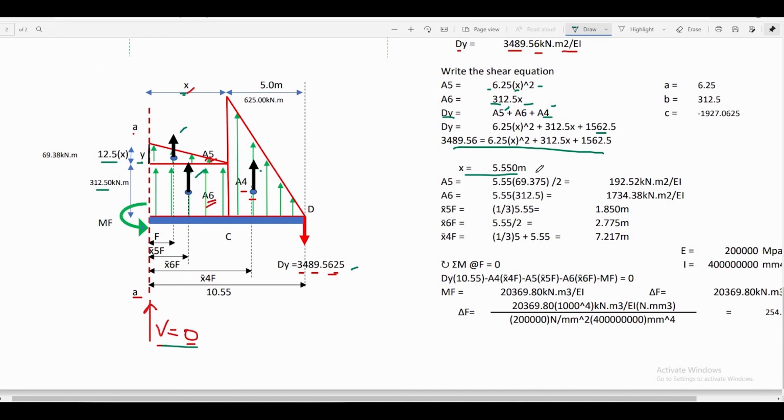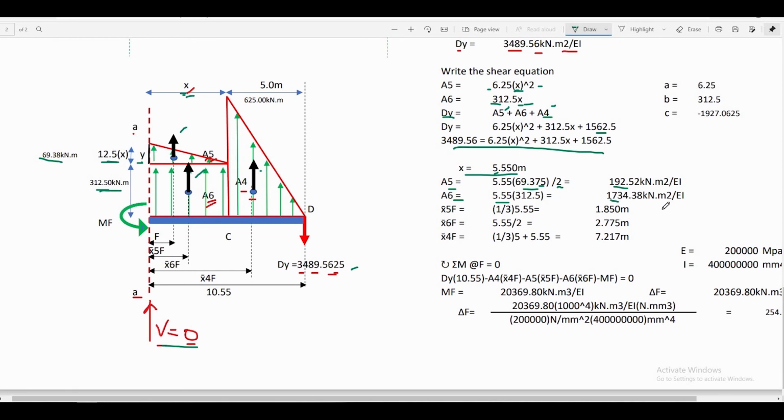So after solving for that value of x, we can now replace the value of x into area 5 and area 6 to solve for the numerical value of area 5 and area 6. And that is just equal now to height, which is equal to 69.375, since 12.5 multiplied by 5.5 is equal to 69.375. If we divide by 2, because that is a triangular area, it will be equal to 192.52. And for area 6, that is rectangular area, 5.5, the value of x, multiplied by 312.5, that is equal